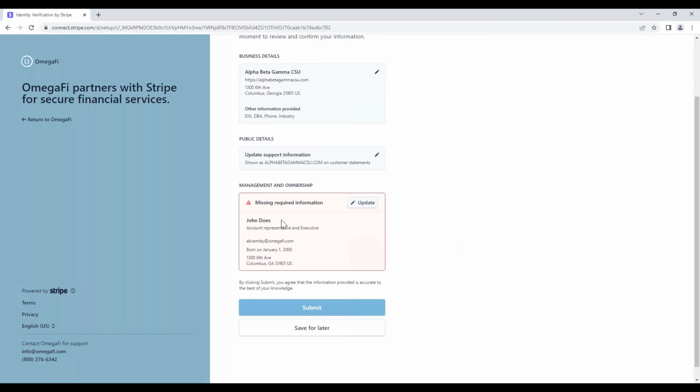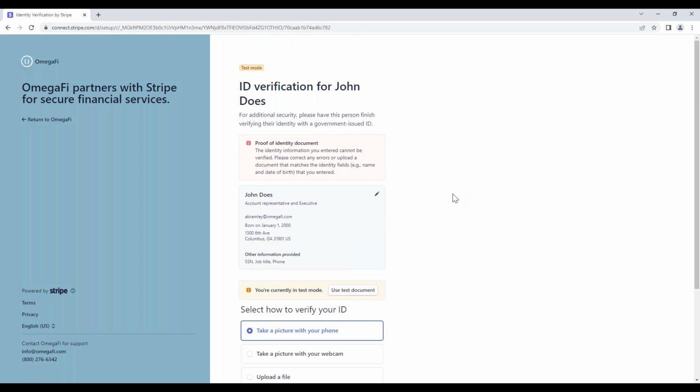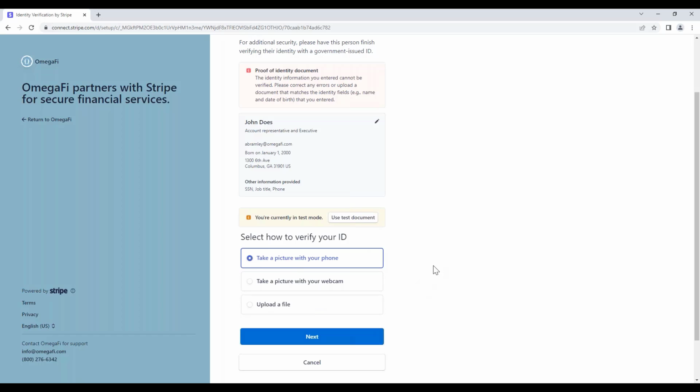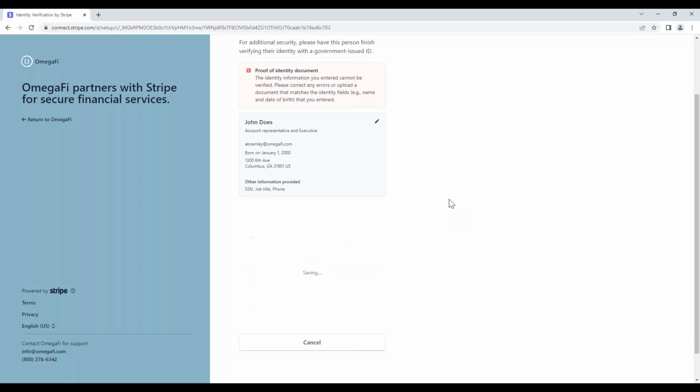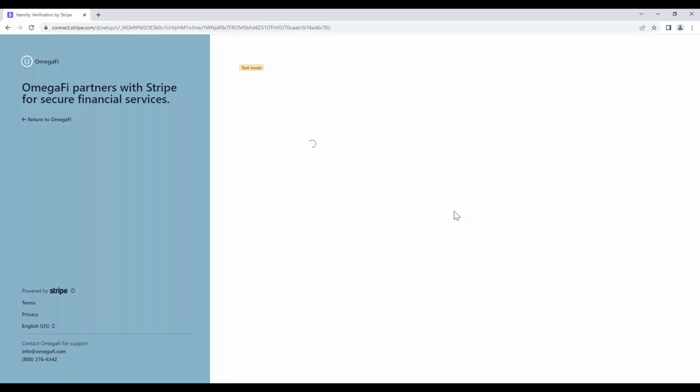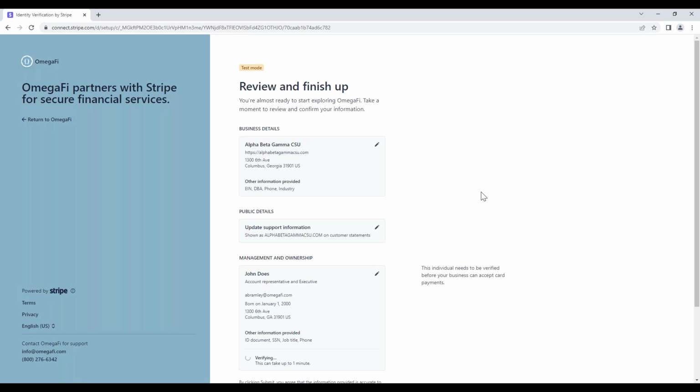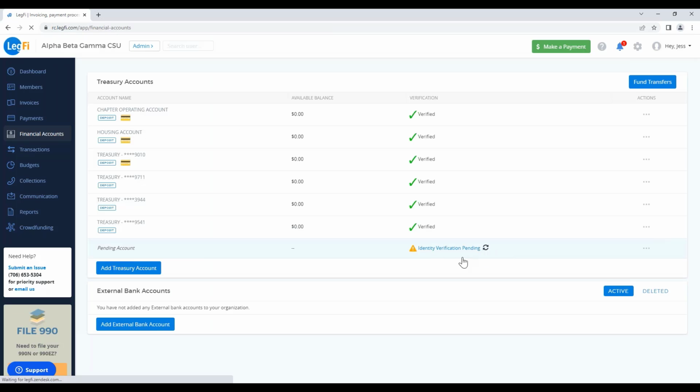And sometimes it will say that missing information is required. You'll click on Update, and then it will tell you what you need to submit to verify your identification. You'll upload that, and then your Treasury account will be listed and appear under your Treasury accounts. So it will say identity verification pending. Once you upload your information, it does take 5 to 10 minutes for that to upload. So you can go back and do other things that you need to do, and then click on it and